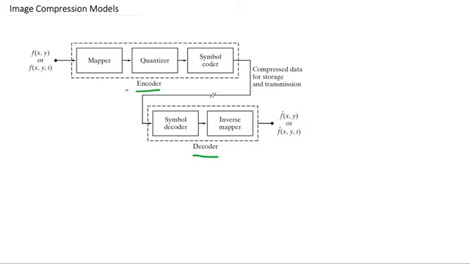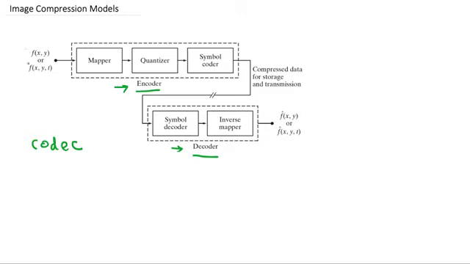If a program has both the capability of encoding an image, or compressing an image, and decoding an image, or decompressing an image, such an application or software can be called a codec. You might have heard this term when you try to open some video formats on your computer, and the application tells you to install some codec. Now let's look at the basic idea of compression and decompression.